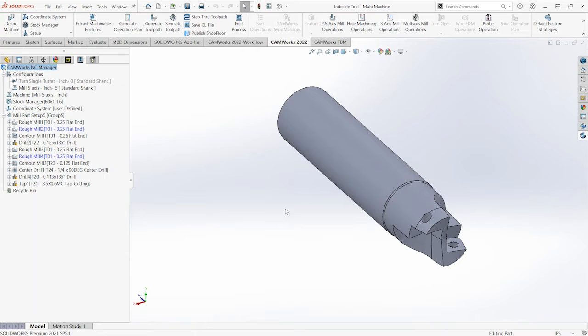And this also has an additional functionality of adding multiple configurations for different machines. Let's say the workflow in your shop is you have one lathe but two machines, and between those two machines, there might be a shift in the work offset. So this gives you the ability to program your part once for all the machines in your shop,